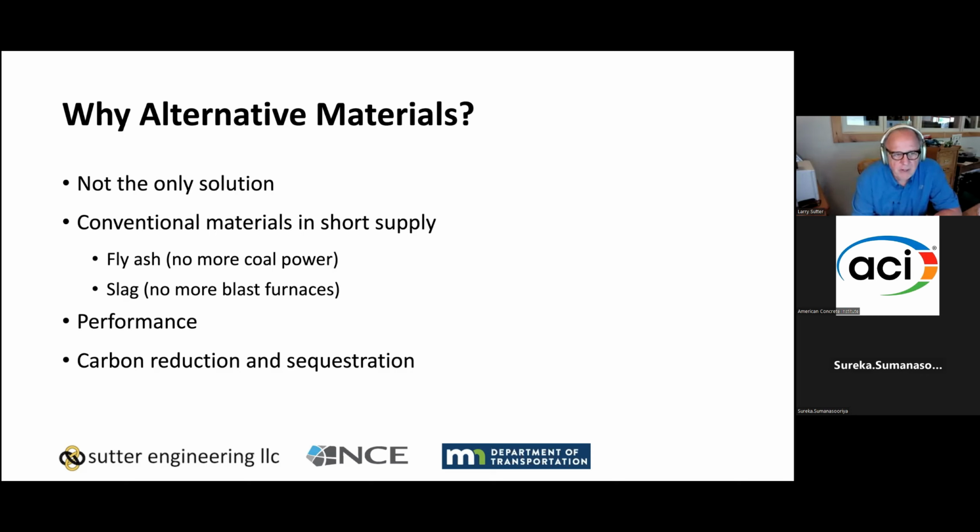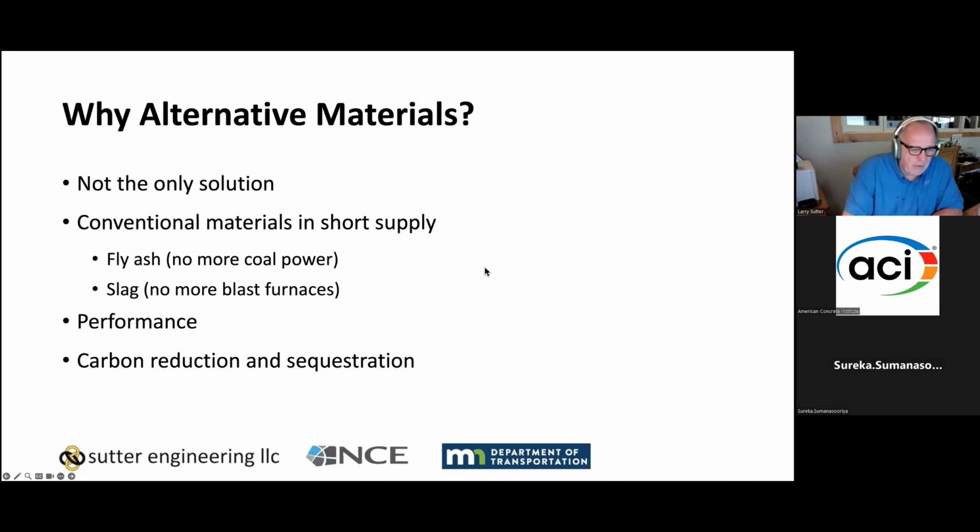But in some applications, alternative materials can serve the same purpose with a much lower carbon footprint. And in some cases, they can perform much better than Portland cement can. So that is one of the driving forces, the performance and the lower carbon footprint. And the other thing that's driving it is that the conventional materials that we're used to working with, fly ash and slag, are in limited supply. Fly ash, we're starting to turn the corner maybe with seeing more harvested ash, so we'll have to see how that comes in terms of helping the supply.